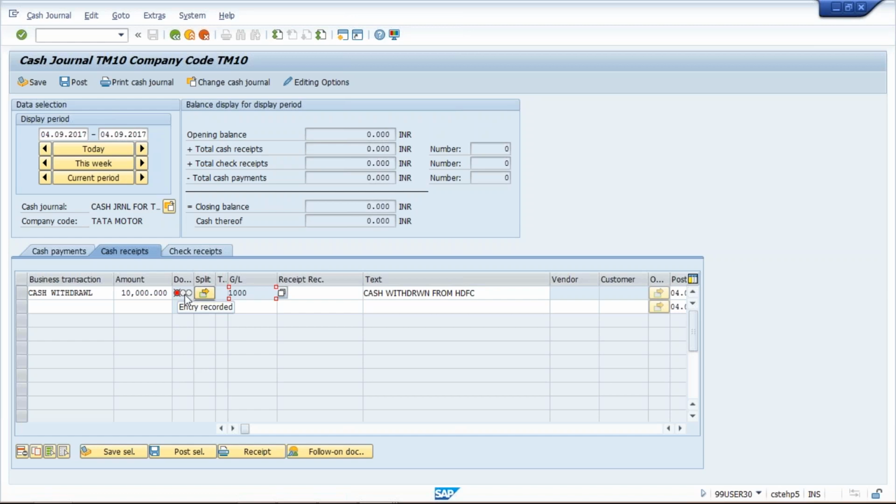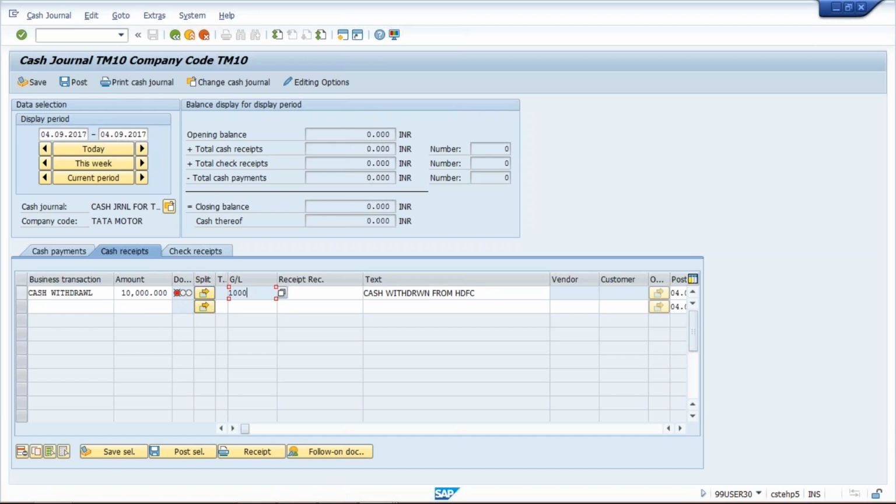If any error or any problem is there, then a yellow color message will appear, showing here in the middle. Now, how to post, I'll show you, and how you'll analyze that this transaction could not be posted, because it will be there in red color. If this color got changed and it becomes green, it means this transaction is already posted. And once the transaction got posted, then some figure, some balance will be updated. How? I'll let you know.